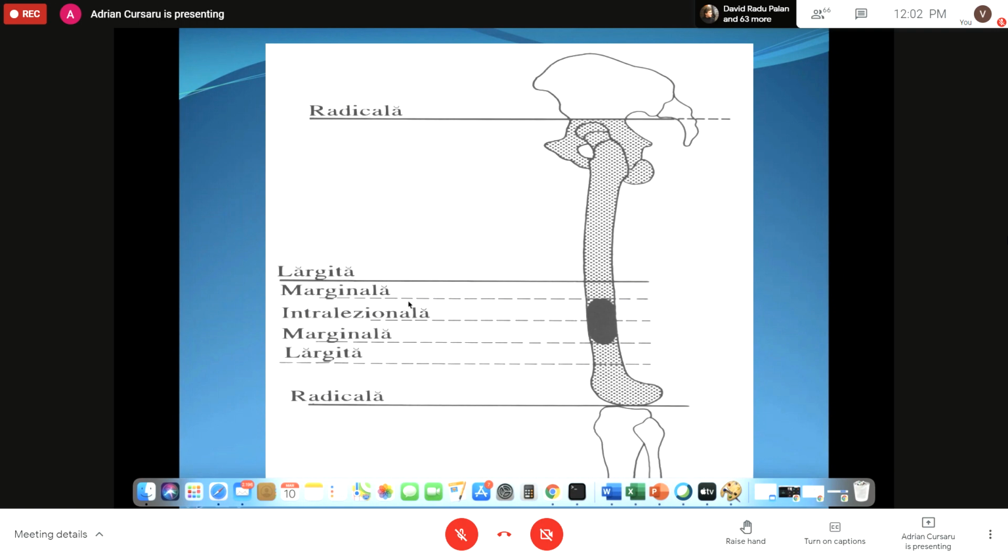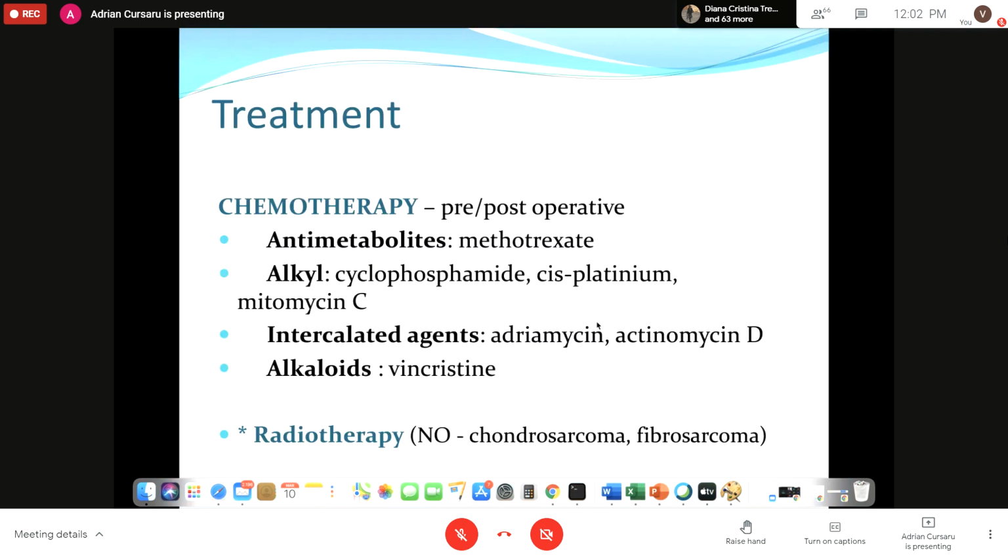For the benign tumor, you can make a marginal or intralesional surgical treatment. The chemotherapy could be pre- or post-operative. It depends on the type of the malignant tumor. There are some substances that we are using, but you have to know that chemotherapy and radiotherapy for most bone tumors are not an efficient